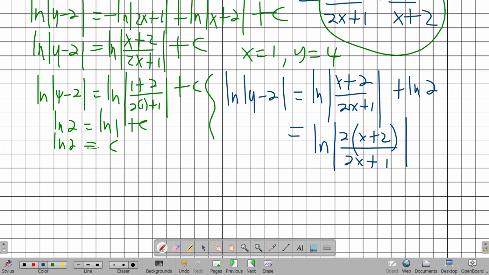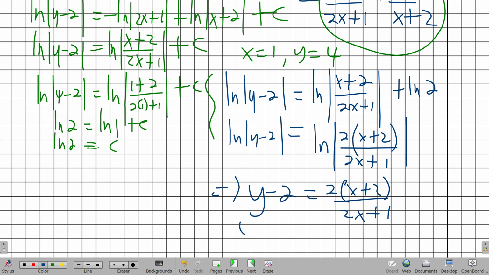Just apply the exponential law here. y minus 2 is equal to 2x plus 4 over 2x plus 1. This continues by saying y is 2x plus 4 over 2x plus 1 plus 2 is required. y is equal to f of x. Alright, that's how we solve